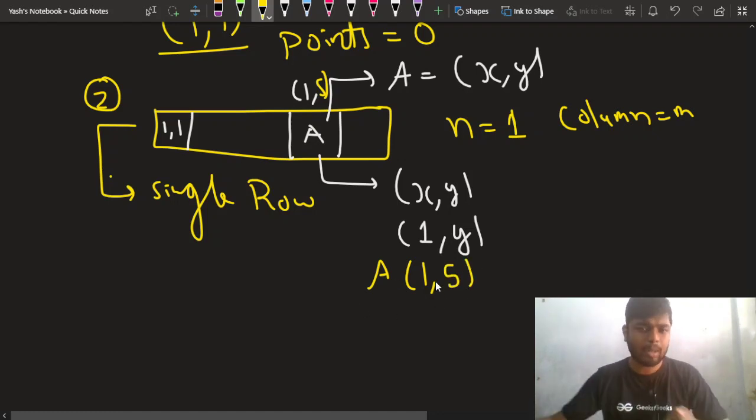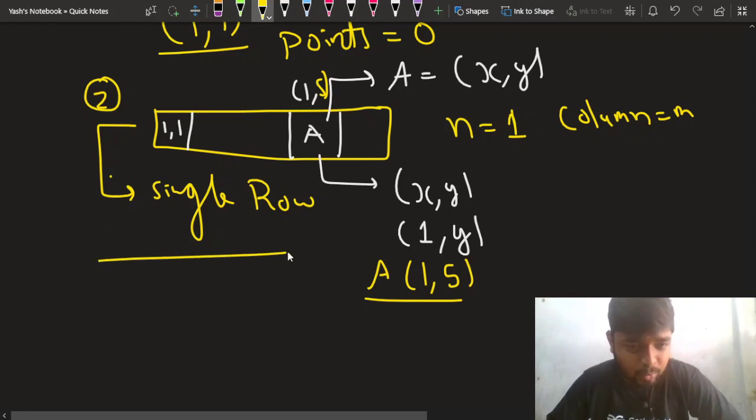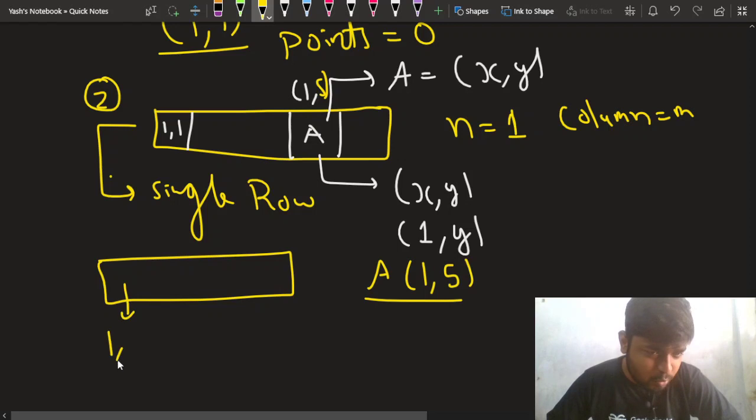So in this case, if you choose this cell and you have the initial cell, how will you be able to determine this? You'll be easily able to determine this. Why? Because now let's look at the diagram. If this is 1 comma 1, and this particular cell is randomly chosen by the computer, even if you didn't know about it, this will be 1 comma y.